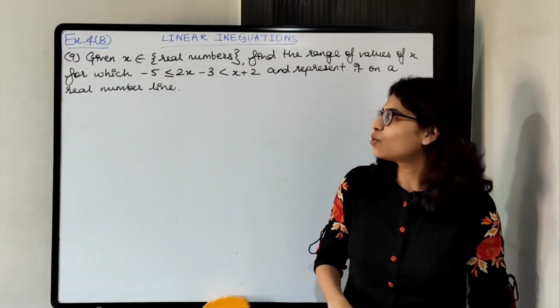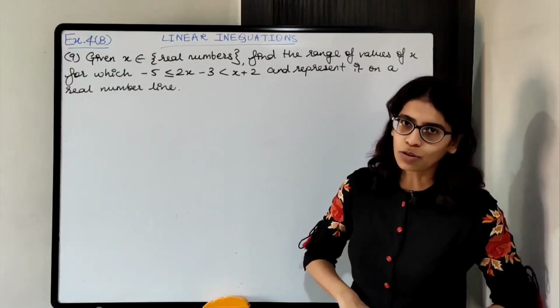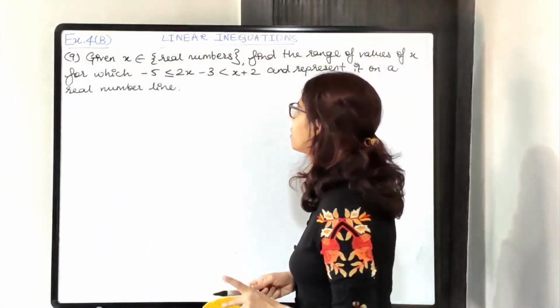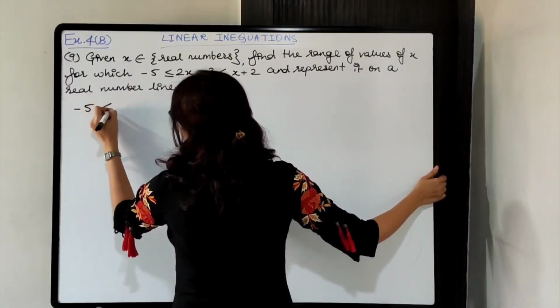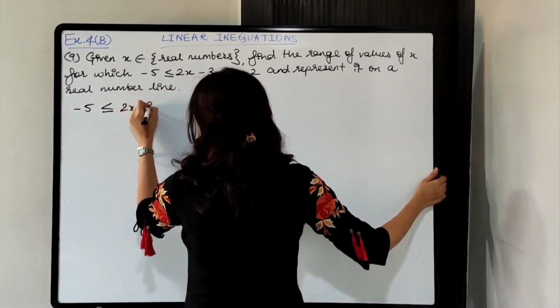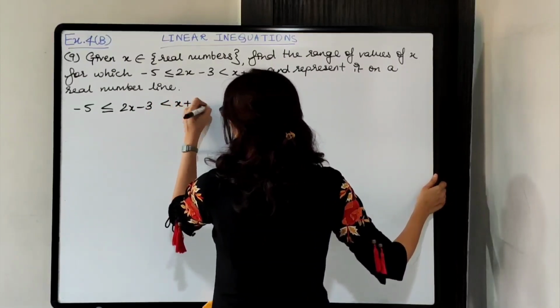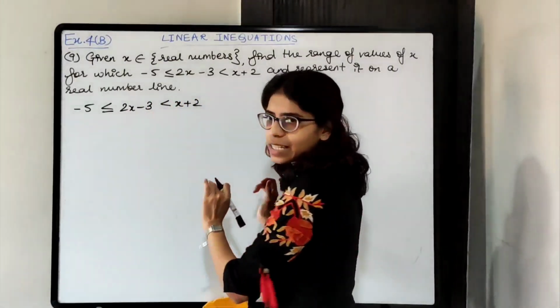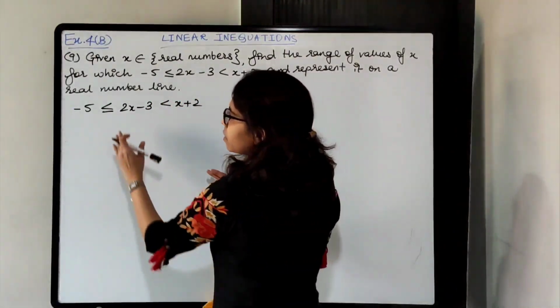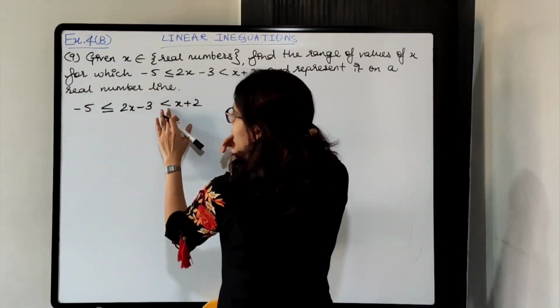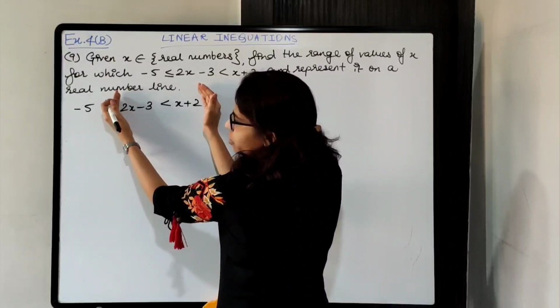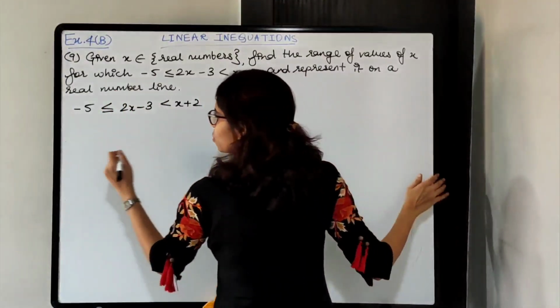Okay, so inequation पहले solve करते हैं. We are given this inequation, write it down. -5 is less than or equal to 2x minus 3, which is less than x plus 2. Two inequality signs है, so what we'll do? First we'll consider first inequality sign and LHS RHS. Then the second inequality sign and LHS RHS. Simple. So